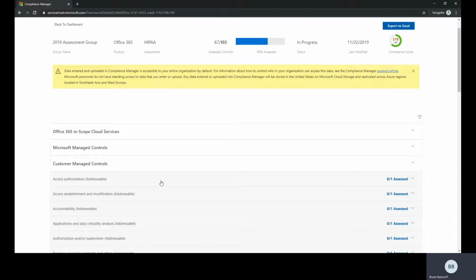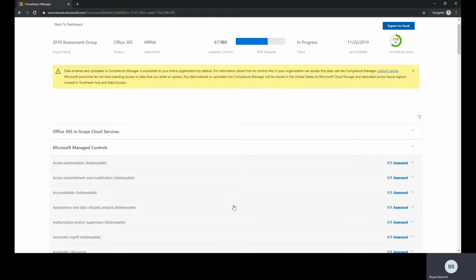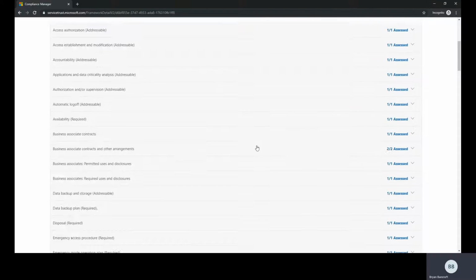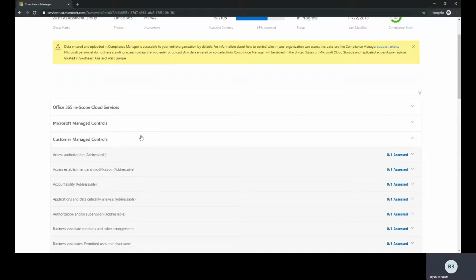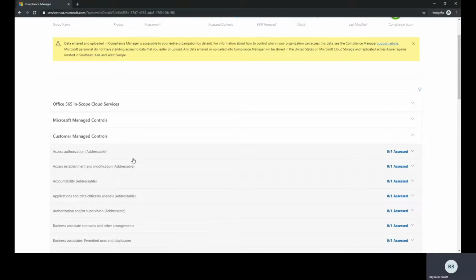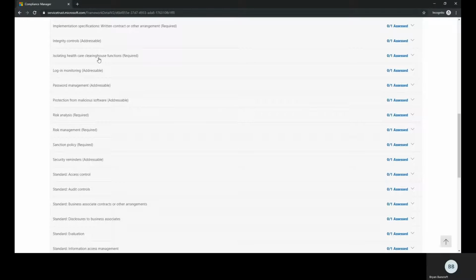And underneath there, we have a further breakdown of what's actually embedded here. So the ones you're going to be mostly concerned about are going to be the customer managed controls, because like I said, Microsoft should handle everything on their end. And you can even open that up and verify that those all have been assessed. So we'll go down to the customer managed controls here. Okay, so now that we're here, we can actually click into each one of these